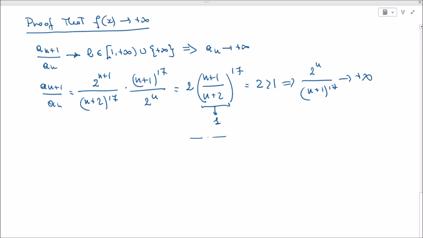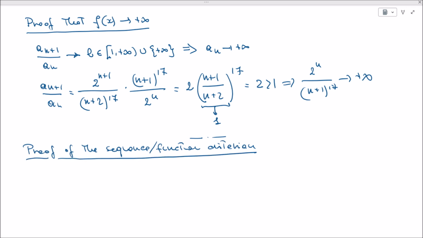Okay, so we gave the criterion, but we didn't give the proof. But the proof of the function criterion is quite straightforward, and it is basically this. Remember that, given the function f of x, we have defined a sequence